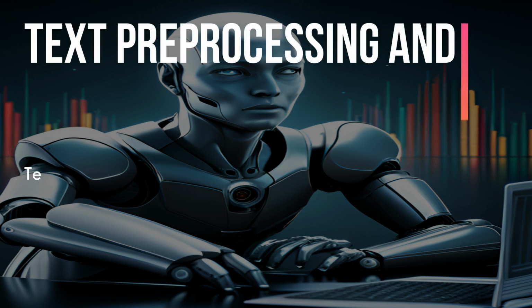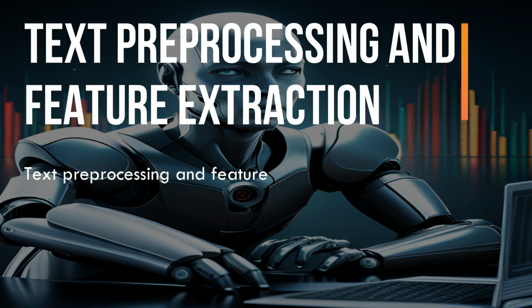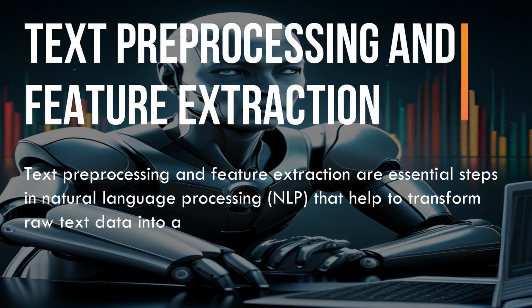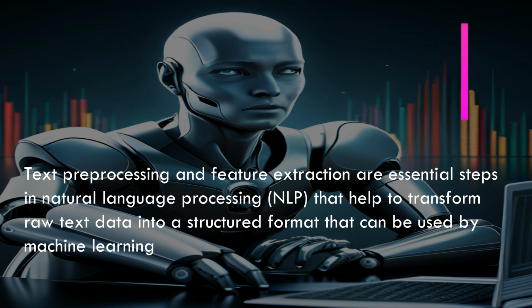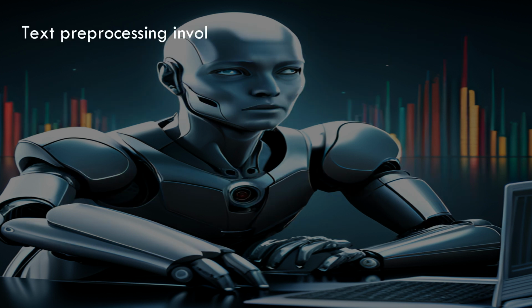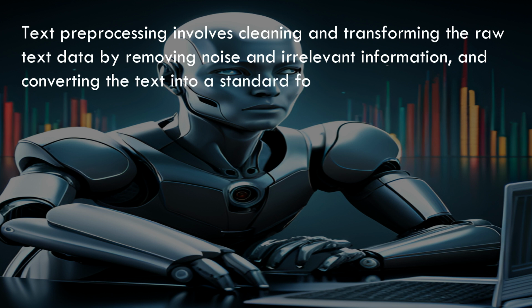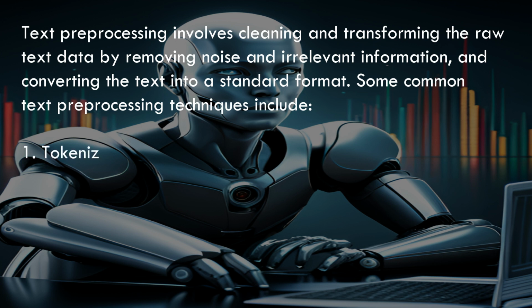Text preprocessing and feature extraction. Text preprocessing and feature extraction are essential steps in natural language processing, NLP, that help to transform raw text data into a structured format that can be used by machine learning models. Text preprocessing involves cleaning and transforming the raw text data by removing noise and irrelevant information and converting the text into a standard format. Some common text preprocessing techniques include: